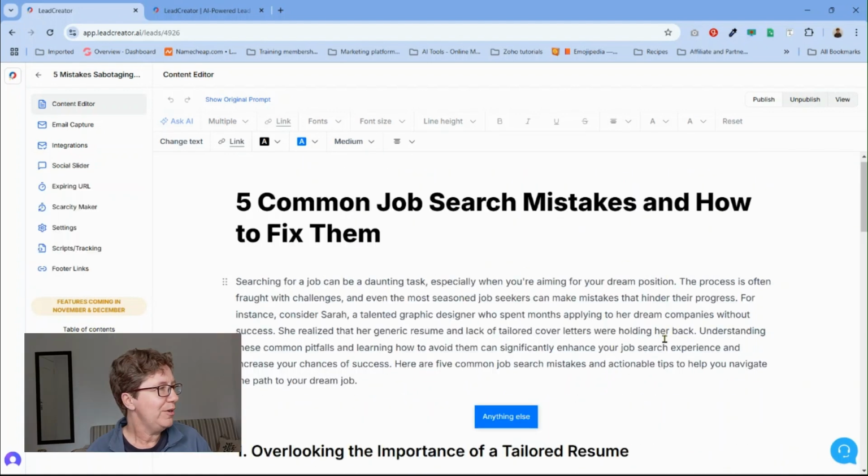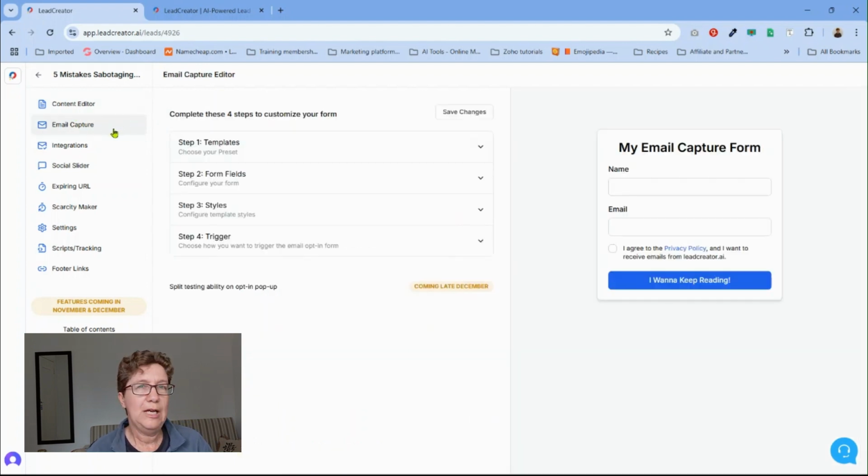Right, so now you have your lead magnet. Now it's time to optimize it for conversion. And here you've got a few features to help you with this. First of all, over here we've got email capture. This is to connect a form to your autoresponder as well. I also go into more detail in a previous video. You will be able to find it in the info section.